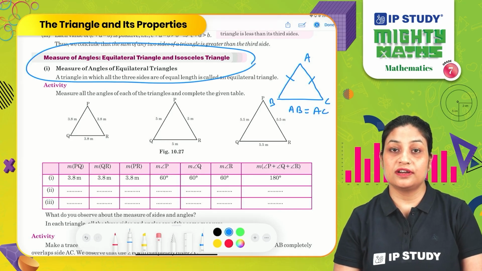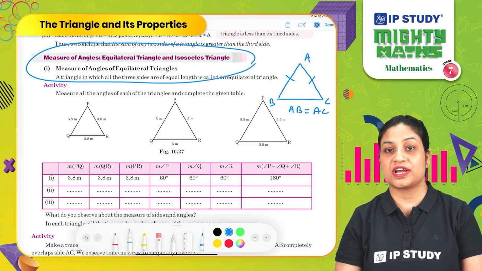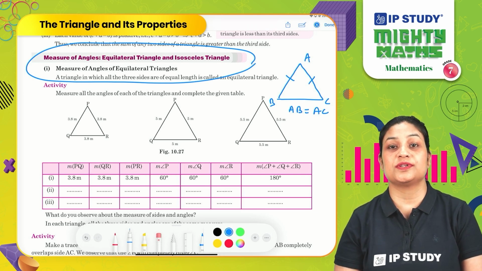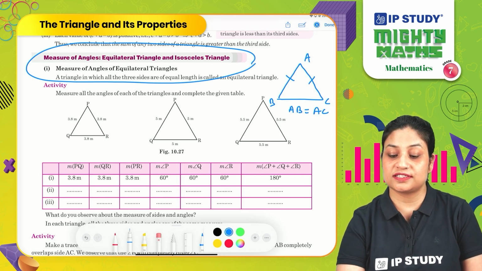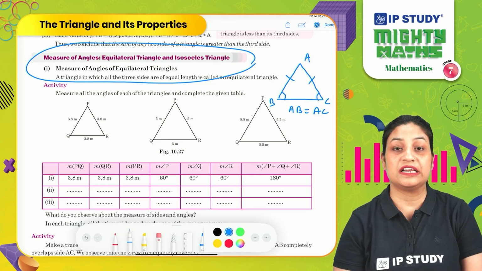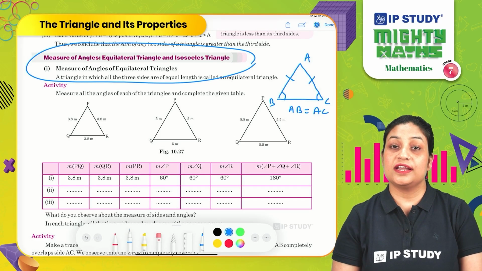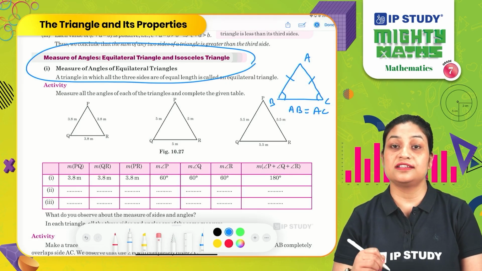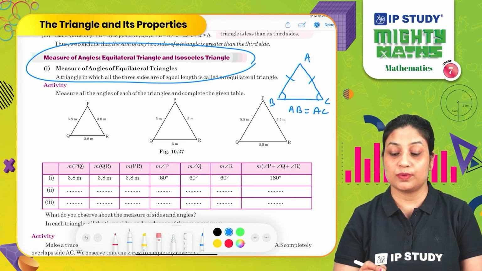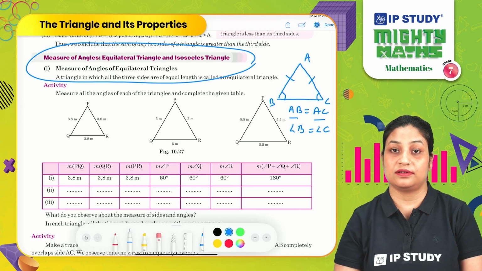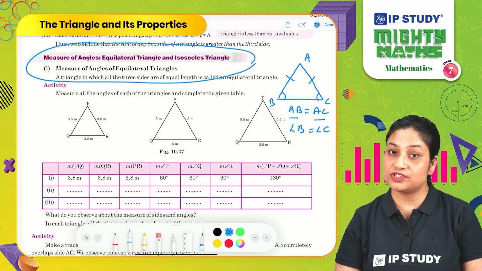So students, I want to tell you one more thing about this triangle. If we have two equal sides, then the angles opposite to equal sides are also equal. This is something very special that will help you in the next grade as well, right? So, in an isosceles triangle, the angles opposite to equal sides are always equal. If I'm saying here AB is equal to AC, it means that angle B is also equal to angle C over here. I hope you have understood this topic.